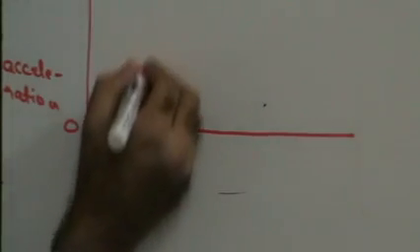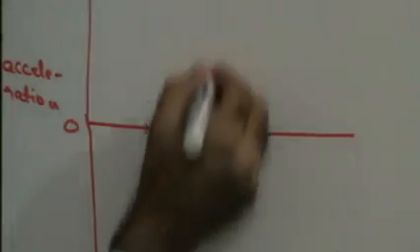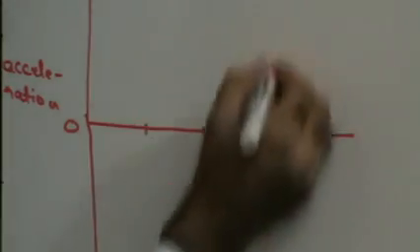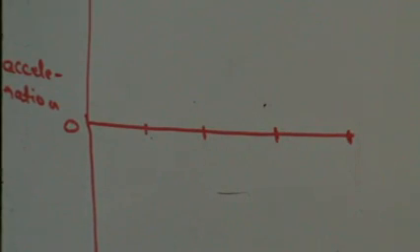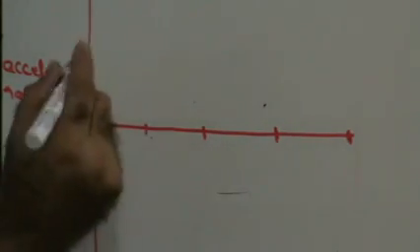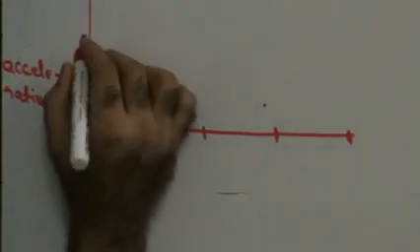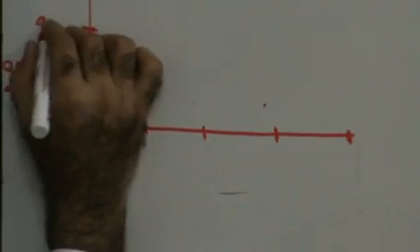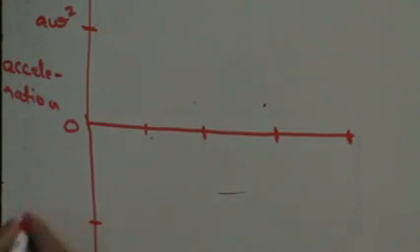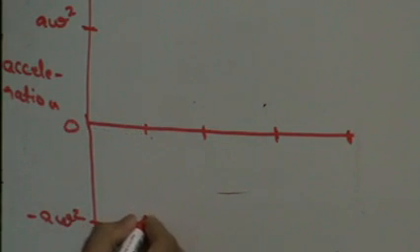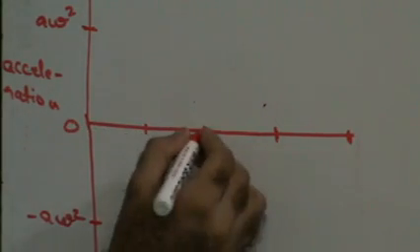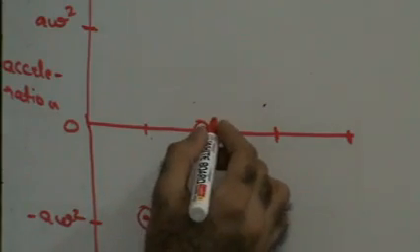Zero, 90, 180, 270, 360. Okay. Now it starts from 0. It is going to vary between a omega square and minus a omega square. Right? It is going to vary between 0, minus a omega square, then 0 again, then you have a omega